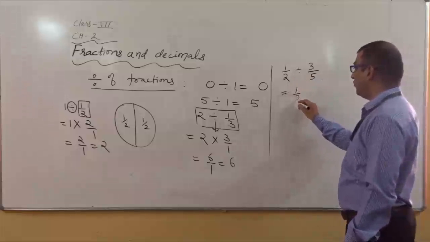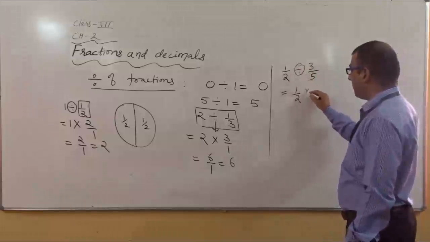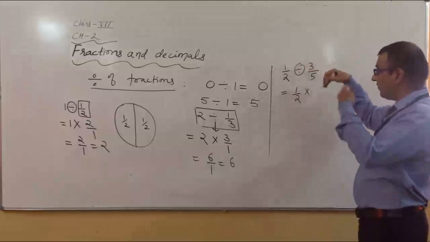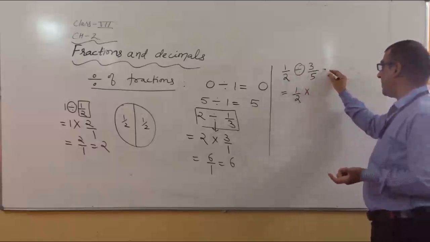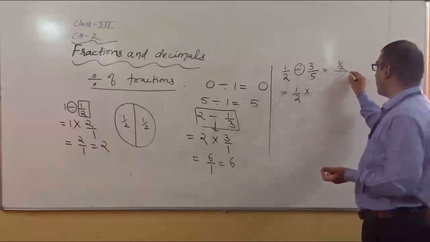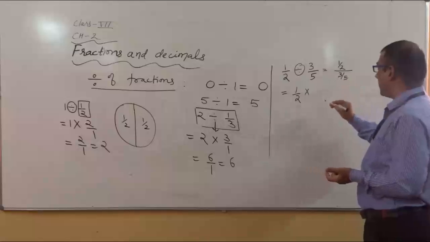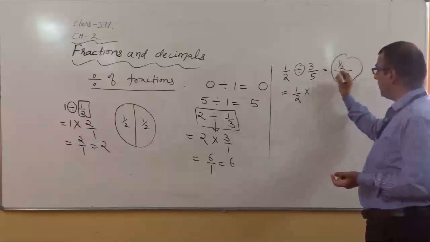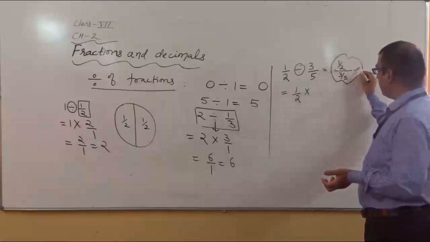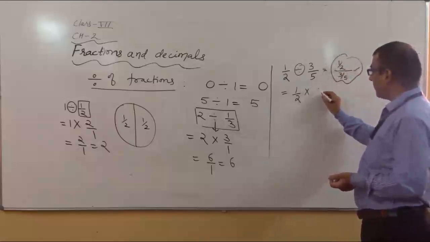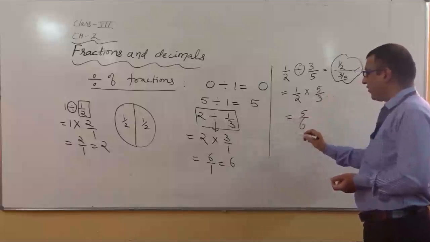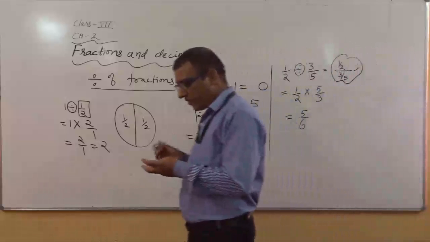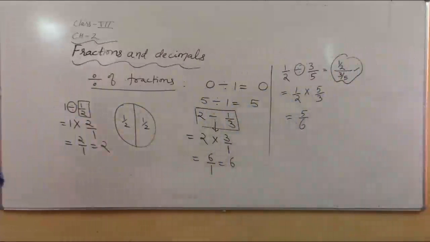You will write 1/2. Now again you will convert this division symbol into multiplication. When you convert the division symbol into multiplication, there is no change in the numerator. The change will be only in the denominator. But it is better if you write one more line, 1/2, that is your numerator, and 3/5 is your denominator. So how can we solve such a situation? The numerator remains the same, and this division symbol will convert into multiplication, and the reciprocal of this denominator becomes 5/3, and when you solve it, you will get 5/6. And 5/6 is a proper fraction because the numerator is 5 and the denominator is 6.